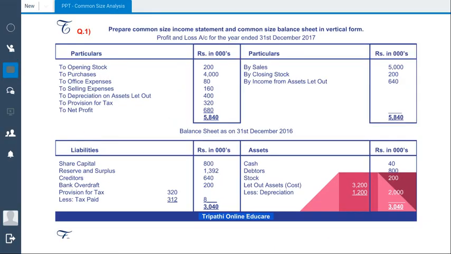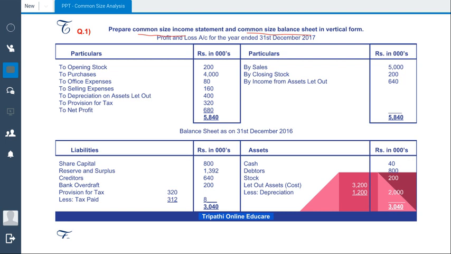In this video, we will understand how to do the common size analysis of the financial statement of any company. Now, what do you mean by common size analysis? What are we supposed to prepare in common size analysis? We will have to prepare common size income statement and common size balance sheet. So let's start. Profit and loss account is given in the problem along with the balance sheet,